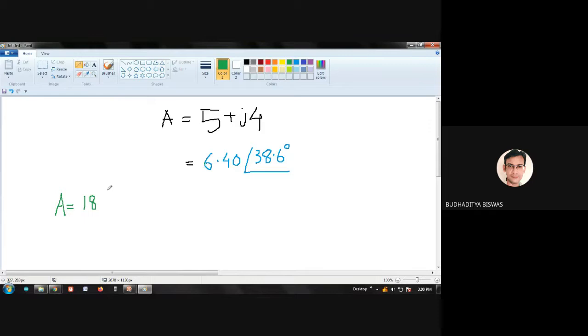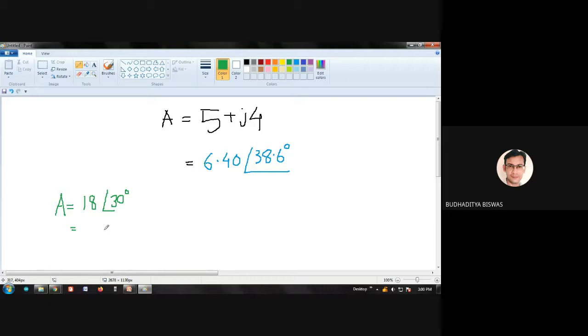18 angle 30 degree. So can somebody convert it into rectangular form? So it's 18 bracket cos 30 plus j sin 30. You need to tell me the value, because in the exam copy, if you write the answer as cos inverse something, the examiner will not give you the marks. You need to find out the value.